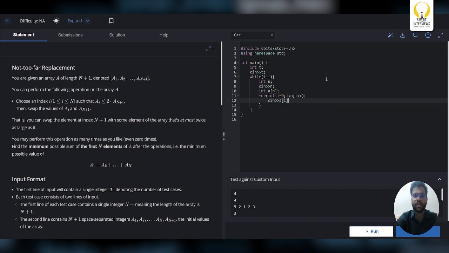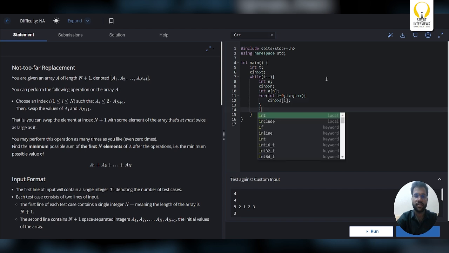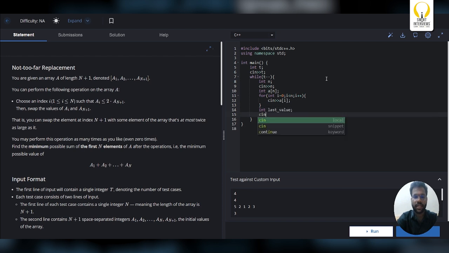Okay, now I will be taking one value, which you can call the last value, and you will be taking the input of this last value. Okay, now what I will do is I will be sorting